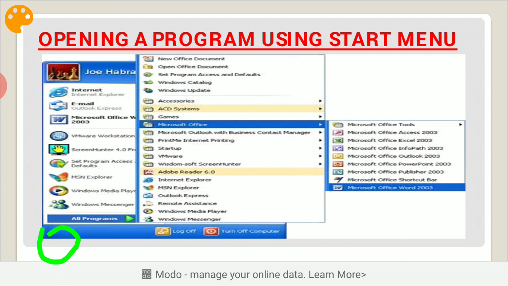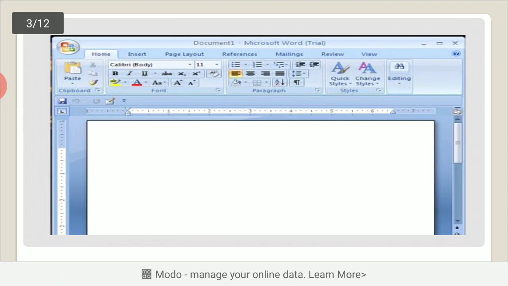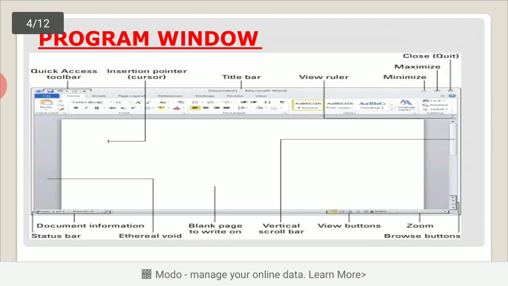Click on Microsoft Office and then click on Microsoft Word 2003. Okay, so the Microsoft Word window will appear. So it is an example of how to open a program.